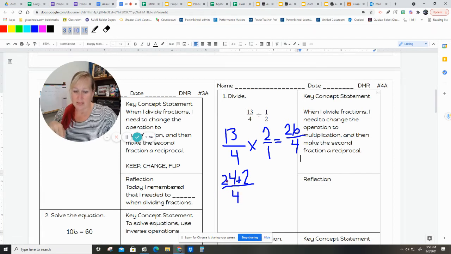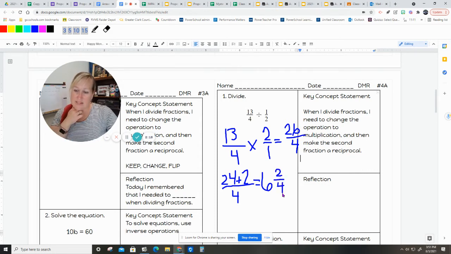Well, the cool part about that is 24 over 4 is 6. This is skills that we've done. Mastery means that we can do it on our own, so this is a reminder thing. 24 over 4 is the same as 6, because 24 divided by 4 is 6. Then I have left over 2,